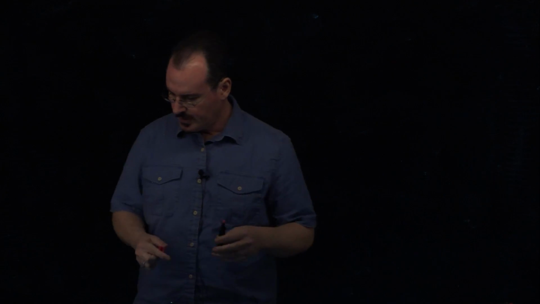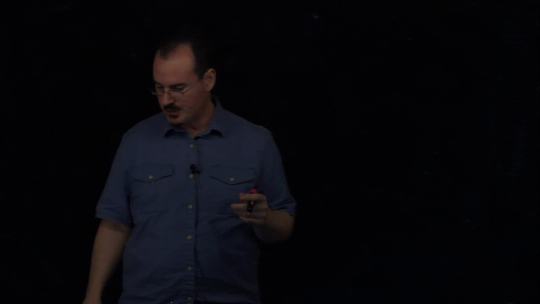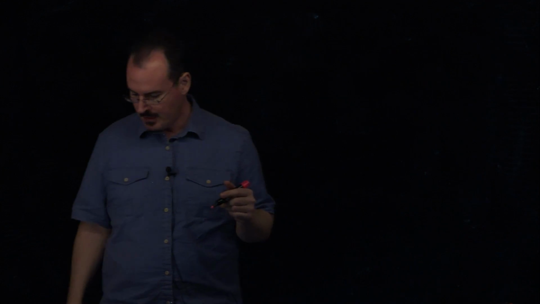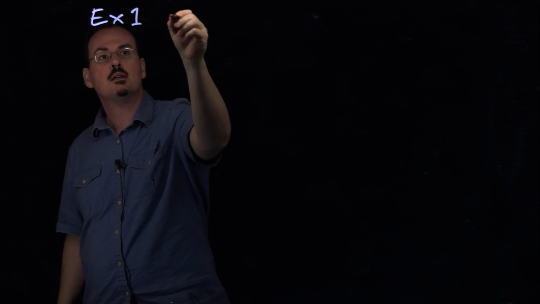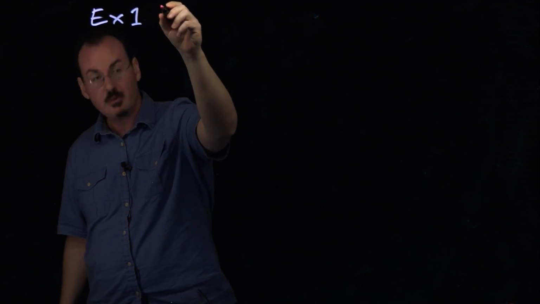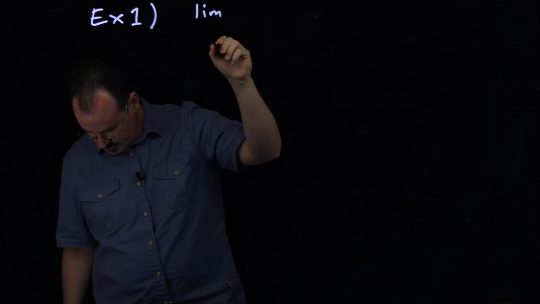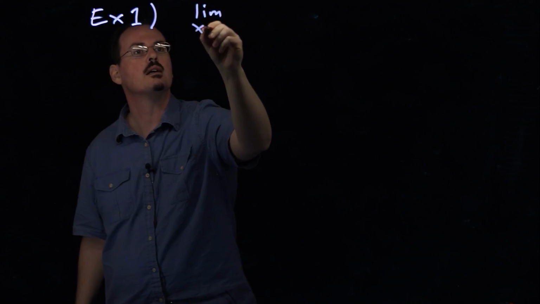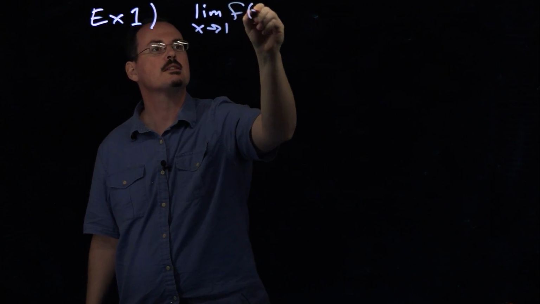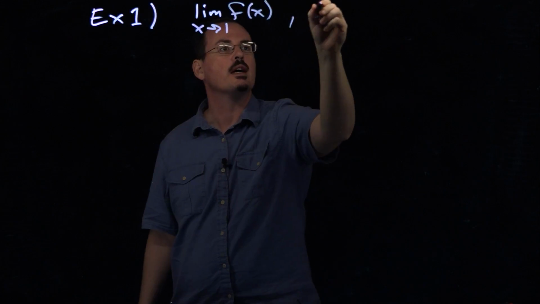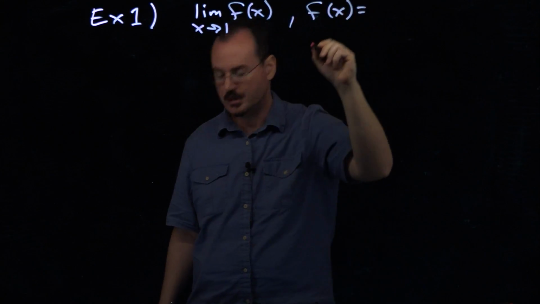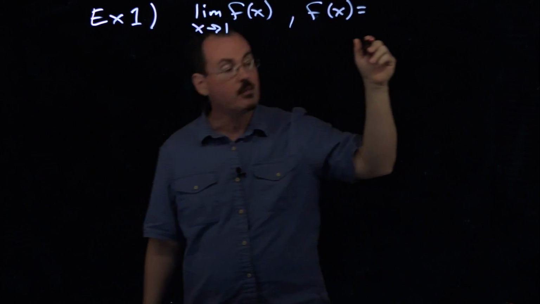Okay, we're doing example 1 on section 3.1. This is really just an example to show kind of how limits work, what the definition means, as you see on the worksheet there, the limit of a function definition. So example 1 says find the limit as x approaches 1 for f of x, where f of x is equal to x squared minus 1